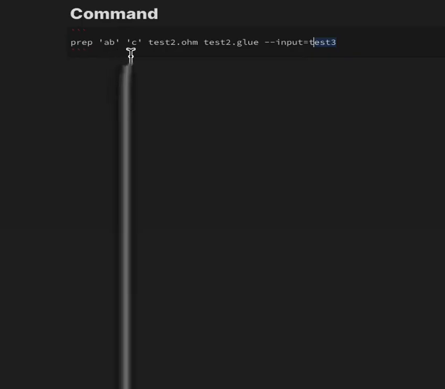Again, as I said earlier, we reuse the test2.ohm and the test2.glue files. We invoke it the same way, but we give it a slightly different input, test3. To reiterate, the invocation of test3 says call prep, look for an AB, and then finish the block whenever you